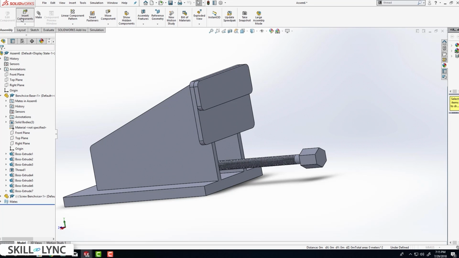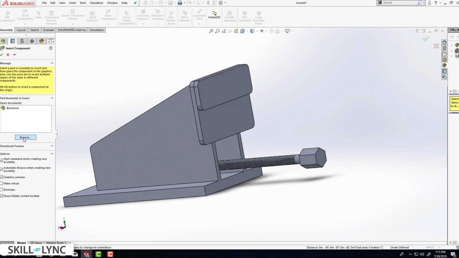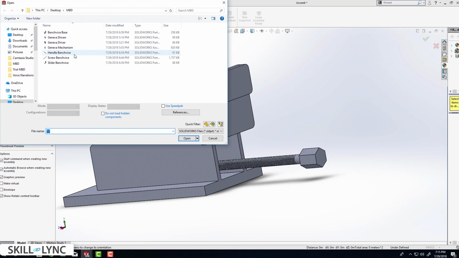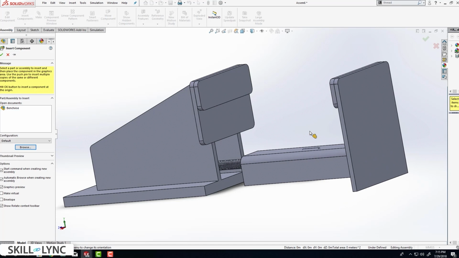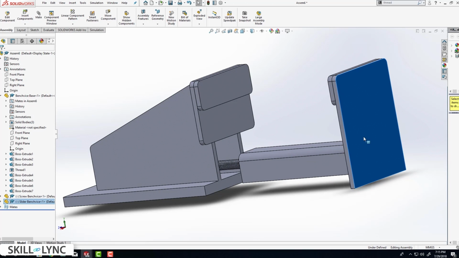So next, we are going to insert the slider, which is mounted on the moving jaw. Let's select the slider and place it somewhere. Now we are going to be aligning this as well, right? We want this to be inside our stationary component. Now one thing I have forgotten here is to draw a hole on our slider, so we need to create